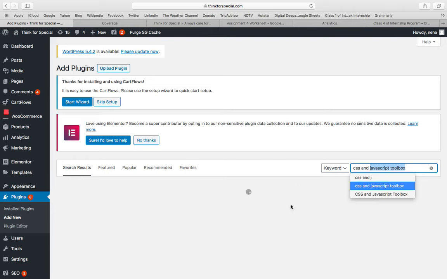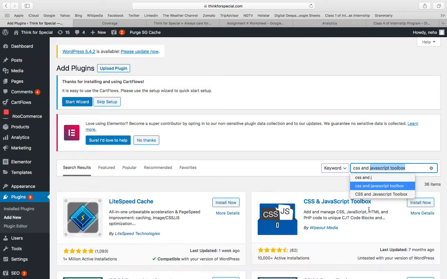Okay, it's searching, and here it is. Click on install now. CSS and JavaScript toolbox is the plugin which allows us to drop codes to add different functionality. And with the help of this plugin, we can change the appearance of pages or posts without changing the theme files. So let's activate this.